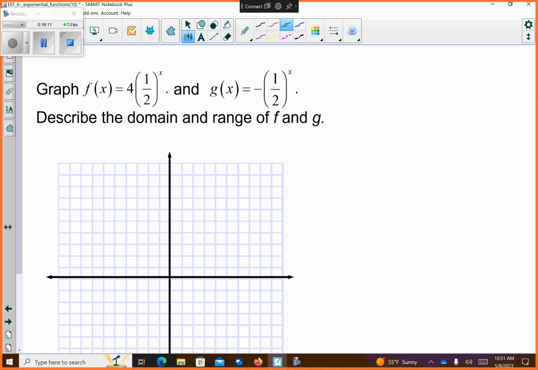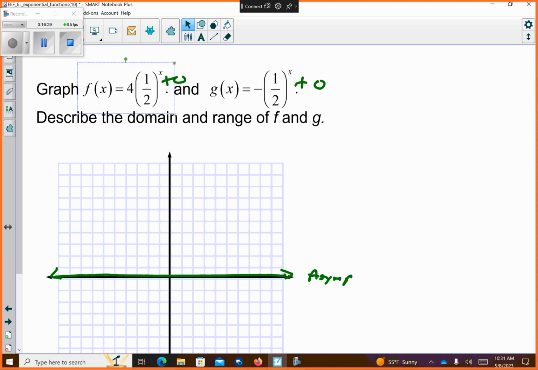Talk to me, friends. What's my asymptote? Am I adding anything to it? There's not a plus or a minus after this. So it's a plus 0 and a plus 0. Okay? This is my asymptote. Okay, am I adding or subtracting anything to it? Okay, that's where our question is. That negative is going to mean something here in a sec, but we're going to get to that. All right, so let's do this one in red.